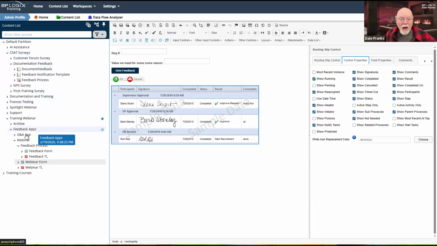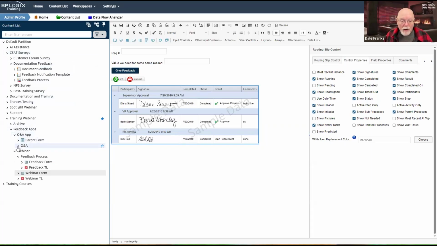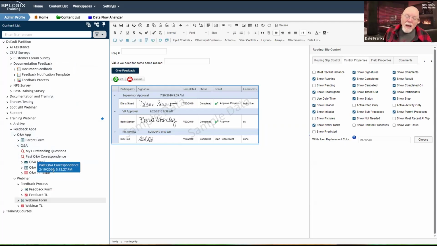Now, in the case of the Q&A app that we looked at earlier, yes, that is how I want it to work. I do want to track, as inconveniently long as it might make my routing slip. And again, this is why we put the action buttons above the routing slip.